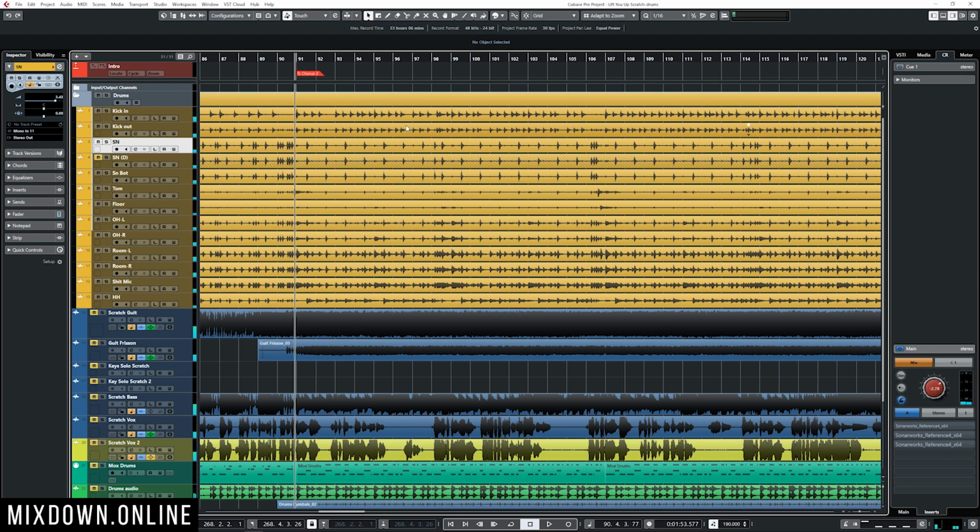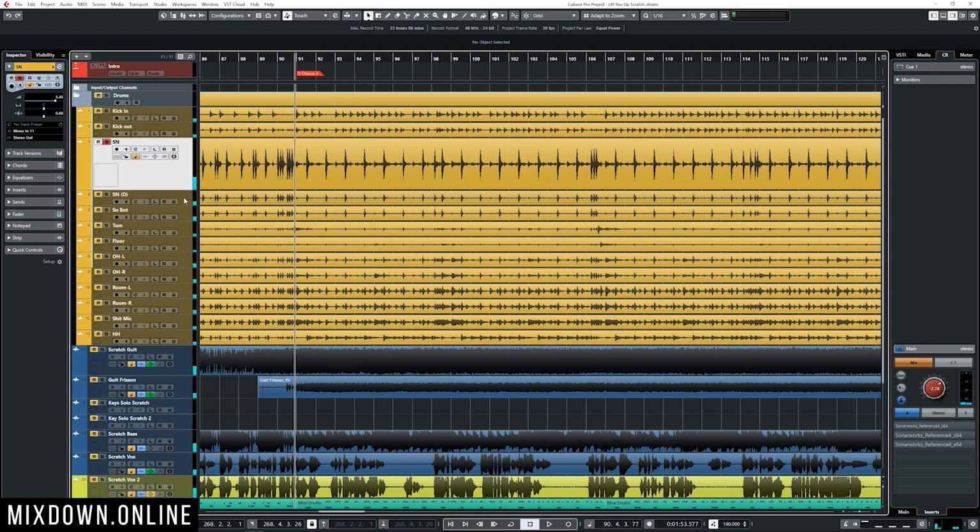As you can tell, there's a lot of hi-hats. I'm going to solo my snare and listen to what I have here. There's a lot of bleed, a lot of hi-hat bleed here, so this is the part that I want to correct. Now, I duplicated that track, the snare track, and on that second duplicated track, what I did here is